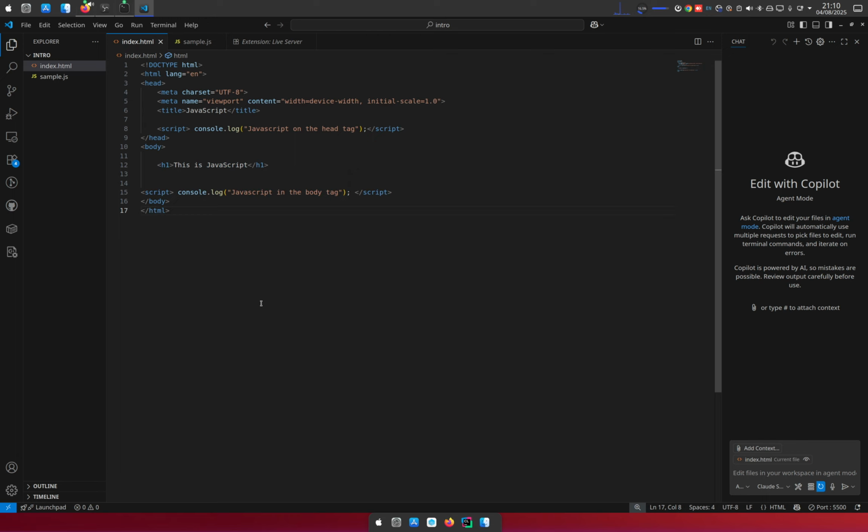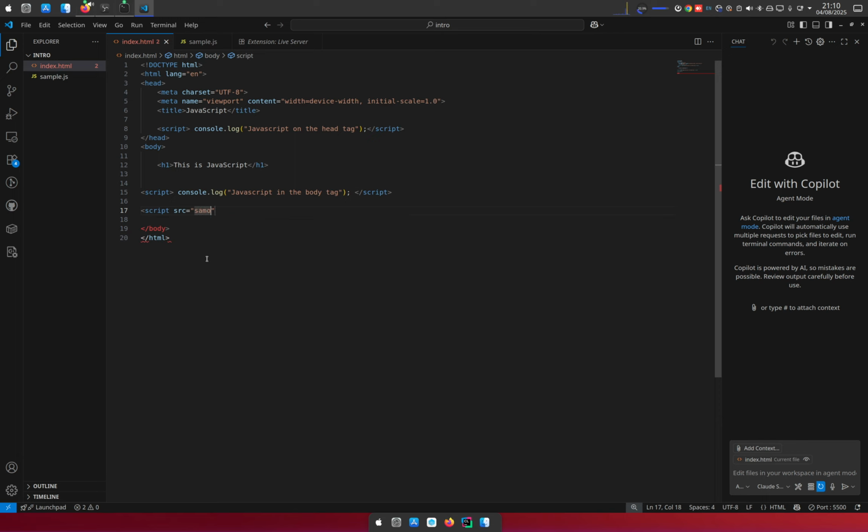So let's go ahead and show how we can link it. The syntax, or the way of doing it, is similar to this other inline JavaScript. You just have a script tag, only that this time you change a few things. Instead of directly closing the script tag, you add an src, which basically means source. And then inside of these speech marks, you add the location of your file. In this case, the file is just over here. It's just sample.js, so we don't need to do much.